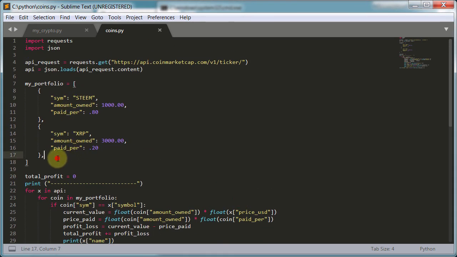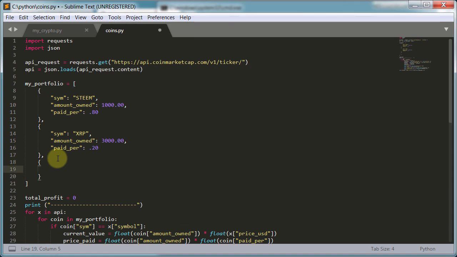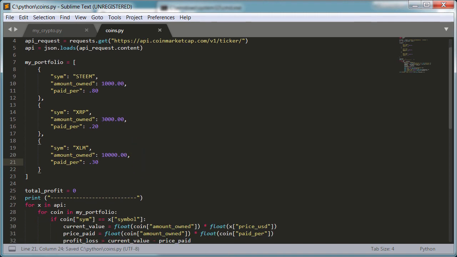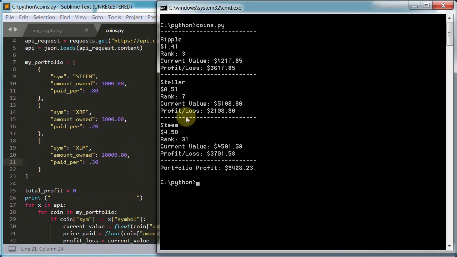But say, for instance, we add something to our portfolio. We just add another dictionary in here, and I'm just going to copy these and paste them in. So let's say we added some Stellar, and we got 10,000 of them, and we paid 40 cents. Now we paid 30 cents. So now if we just save this, if we run this again, having not changed anything else, boom, now Stellar